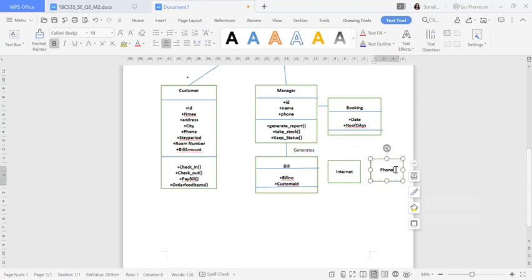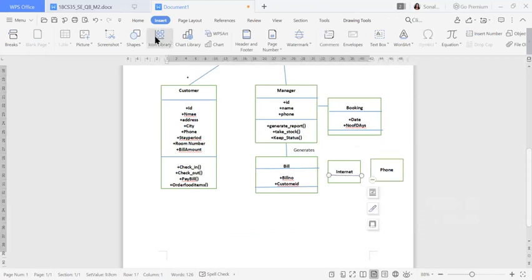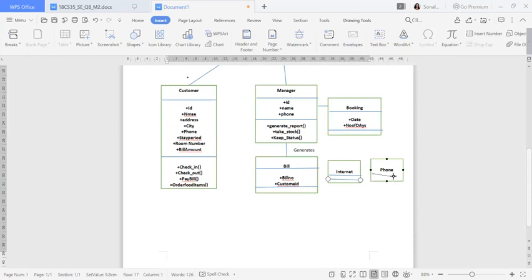Here also, if you want to add any attributes, I'm giving a new space. You can add any attribute names. I'll just put two lines and leave it. Similarly, for phone also, you can add two lines over here. I'm just leaving it.